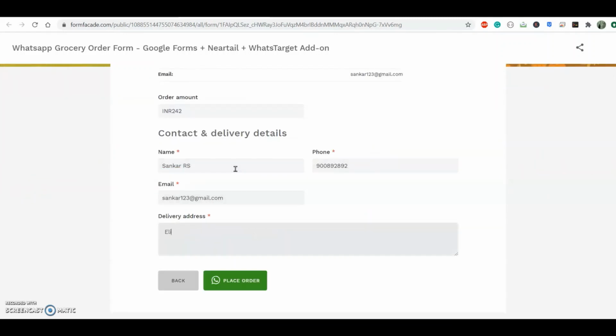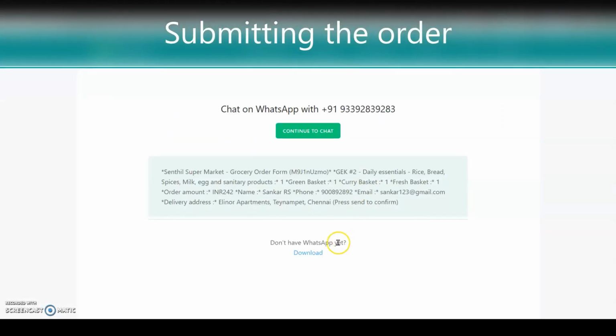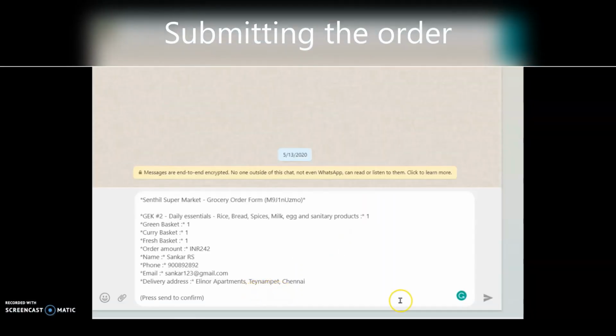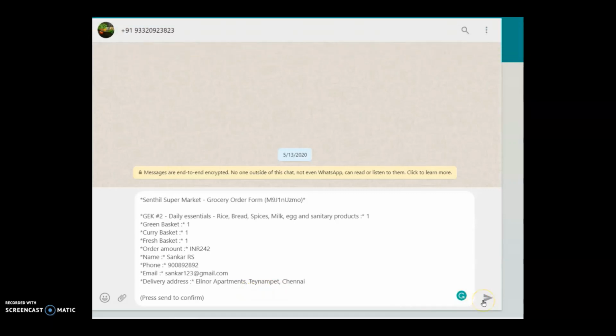After I click on Place Order, my WhatsApp opens and asks if I want to chat on WhatsApp with the number that I configured, which is my business number, of course. I continue with the chat. My order and contact details are readily copied here, and it asks me to press Send to confirm. I click on the Send button, and